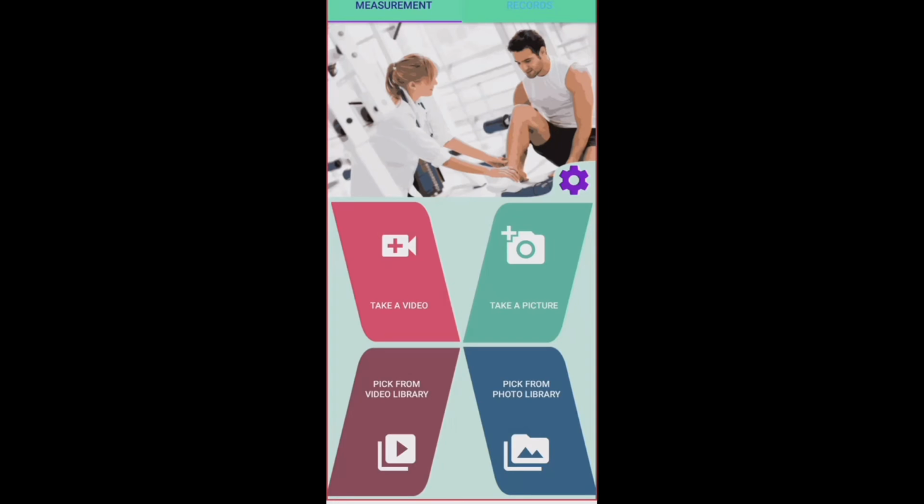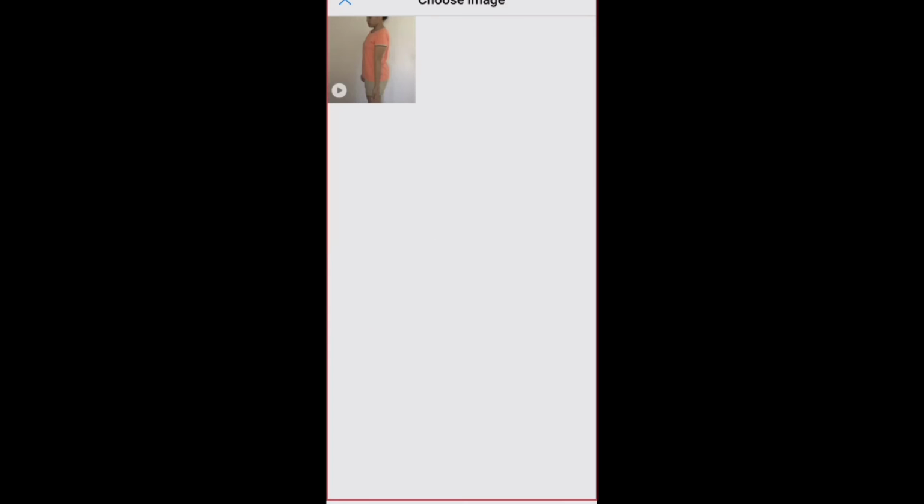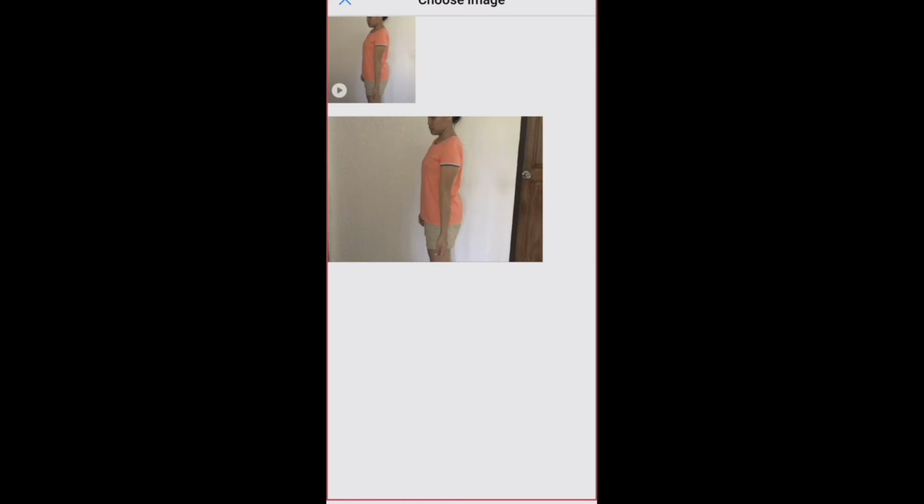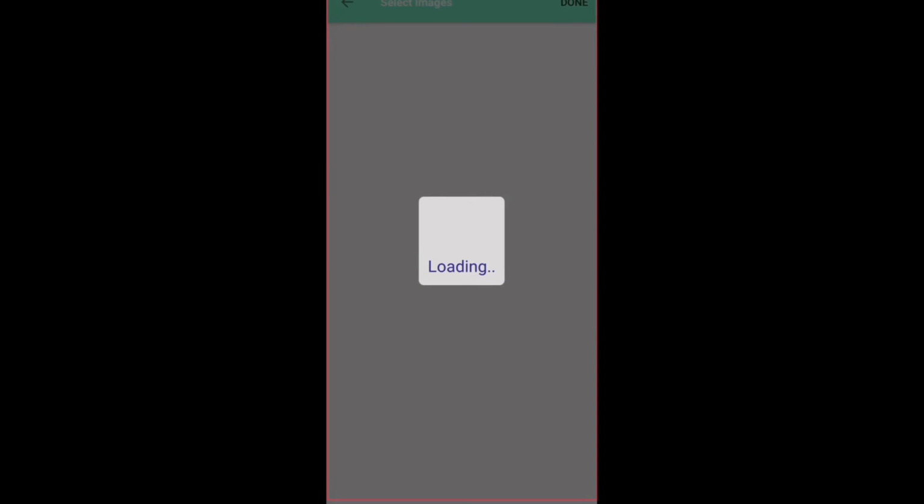Now, another example or another use of the Angulus app is through using video from the library. So let's use that option. And then again, select your video. I have prepared this video. It's written here, choose image, just check the video. This is what's good with Angulus. It will automatically select the different keyframes on your video. After it loads, there you go. You can see the different angles of the pictures that you have taken from the video.